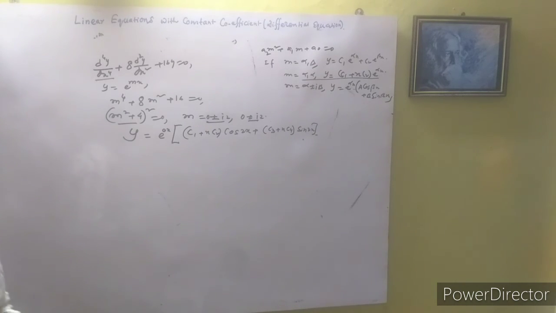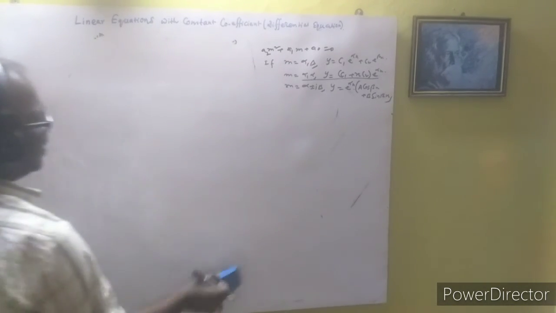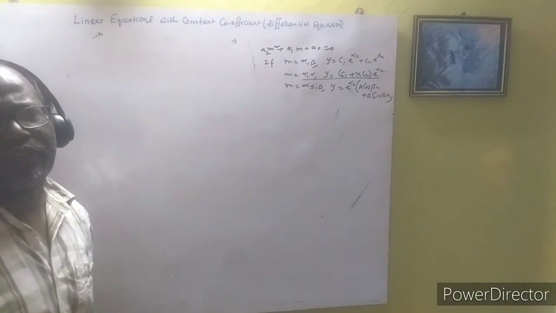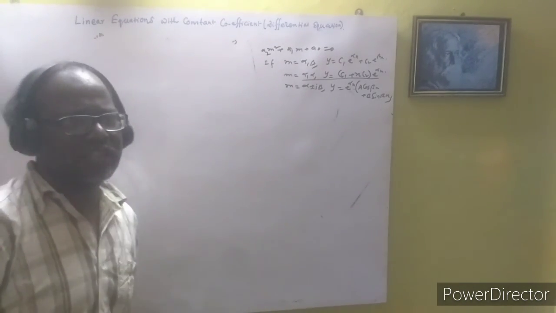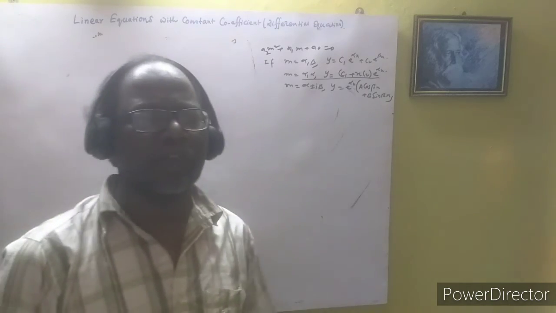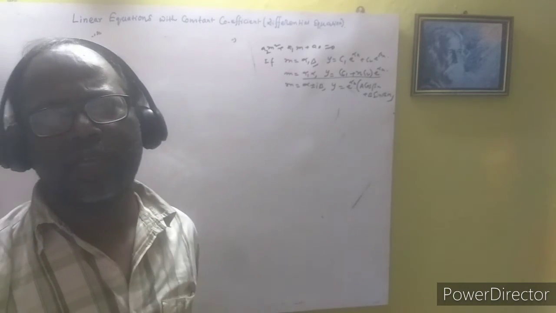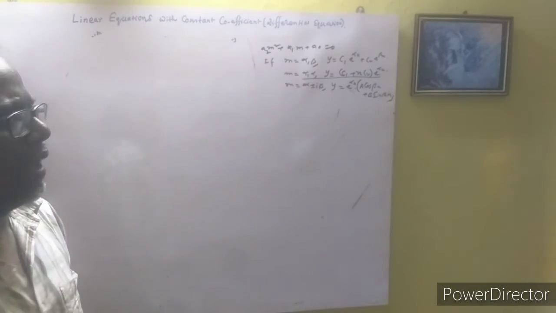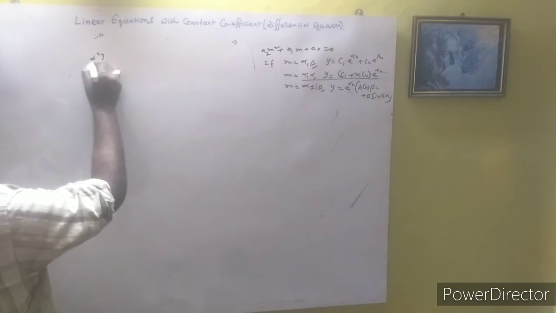And now the next question, I just want to discuss the last point for this chapter, and in my next video we will discuss the case where on the right hand side we have a variable and constant, and then the other type of solution. This type of equation has two solutions, that is the complementary solution, which I have now discussed, and also the particular solution, and that type of solution I will discuss in the next video. So see the last problem for this chapter.